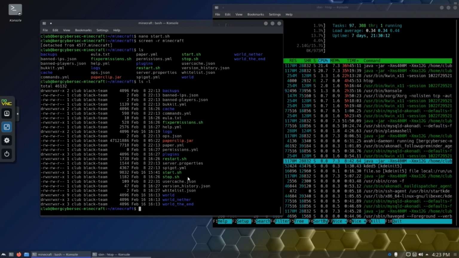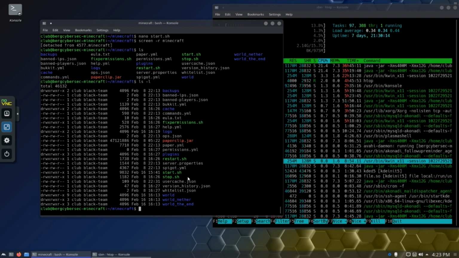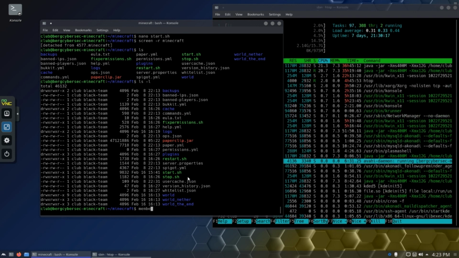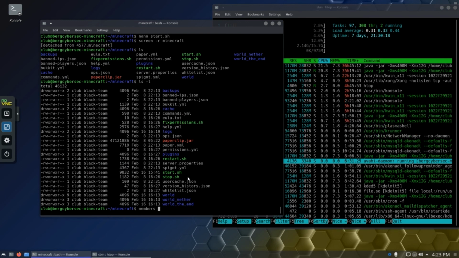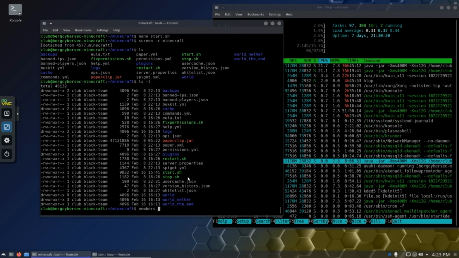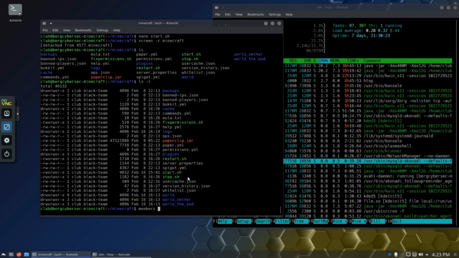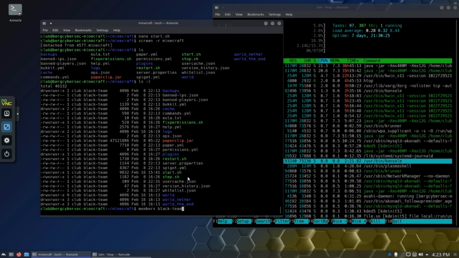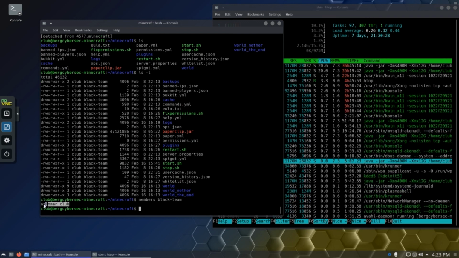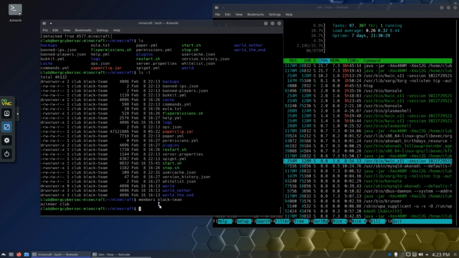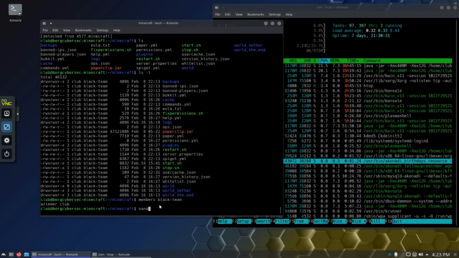So I'll show that code. Members will show you a list of all the users within a group. That's currently the club account and mine. And we're going to take a look at